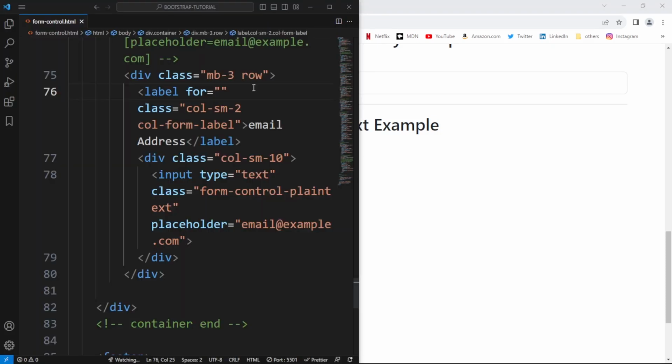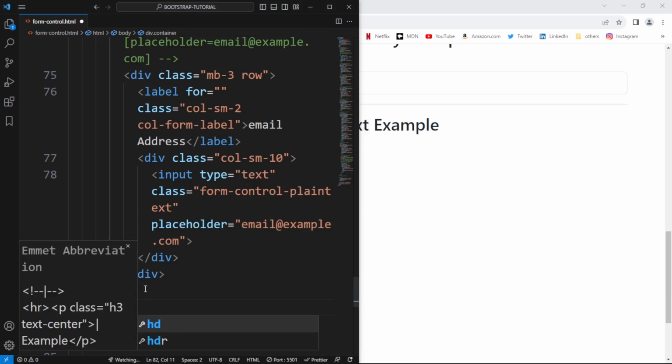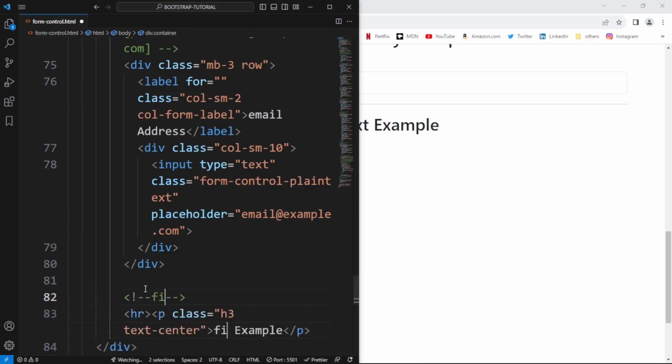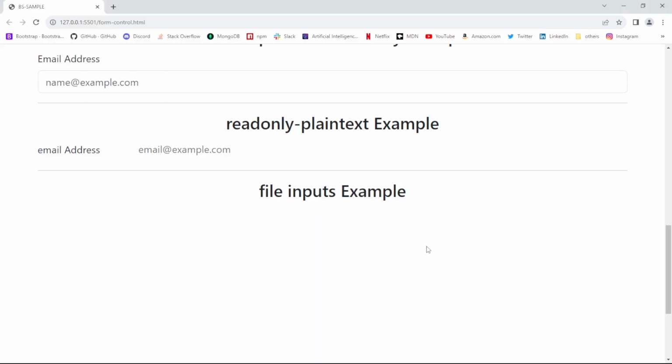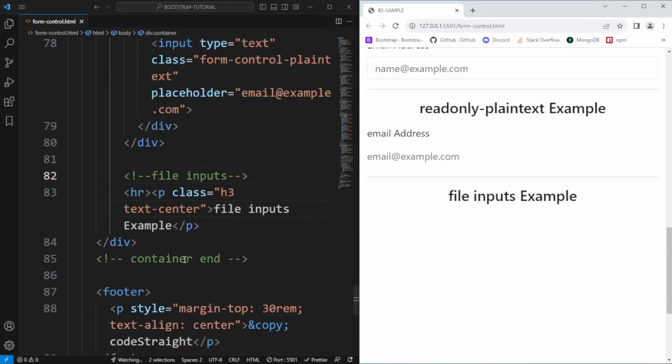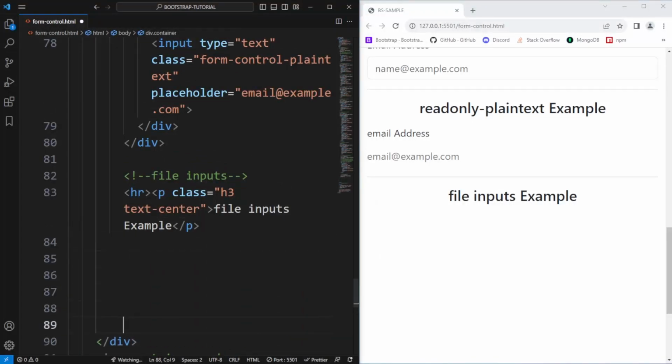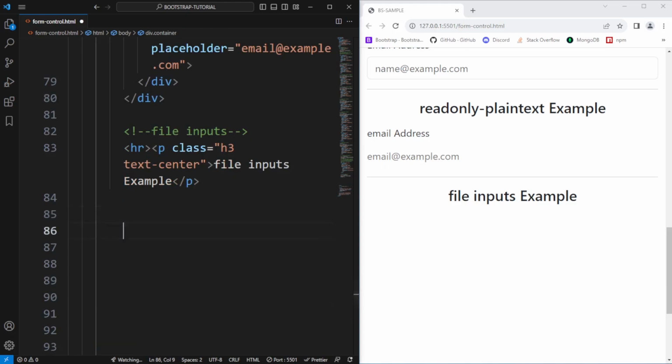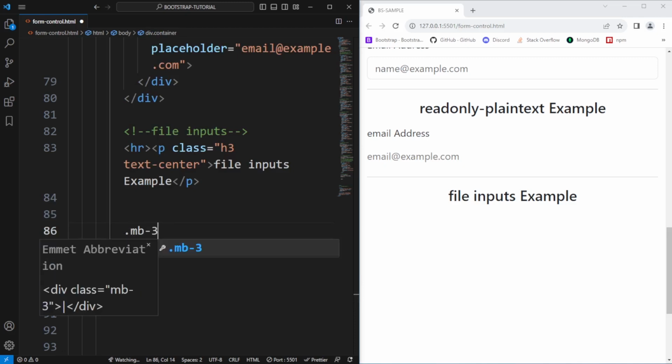Now after this plain text, let's talk about file inputs, and I'm gonna add in here a heading and type in here file inputs. Hit save, and let me resize the browser. Alright, that looks good now. So first I'm gonna add in here basic HTML. Let me give it some room. Alright, so let's add in here margin bottom hyphen, let's add a period as well, margin bottom hyphen 3, and